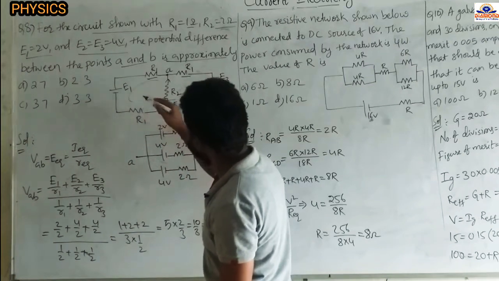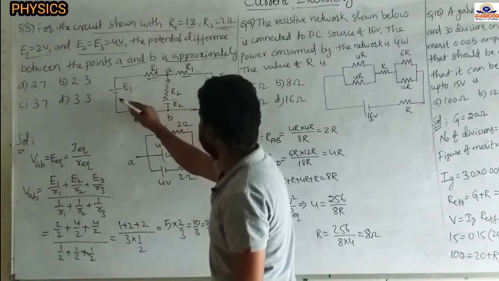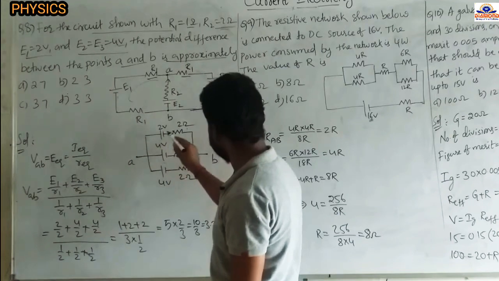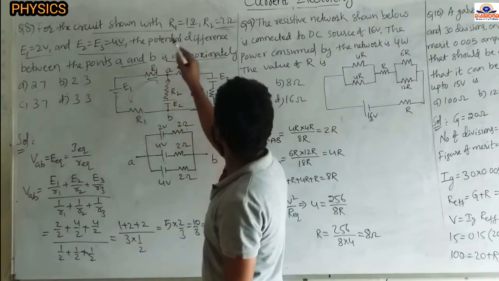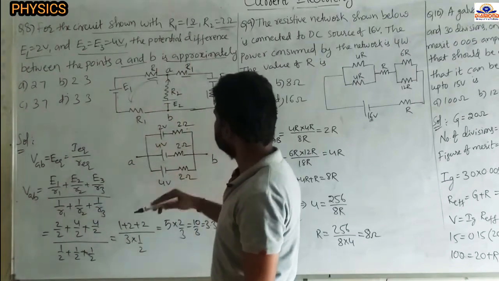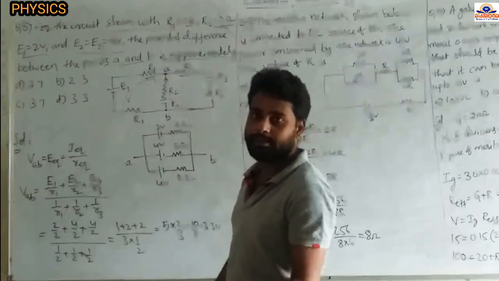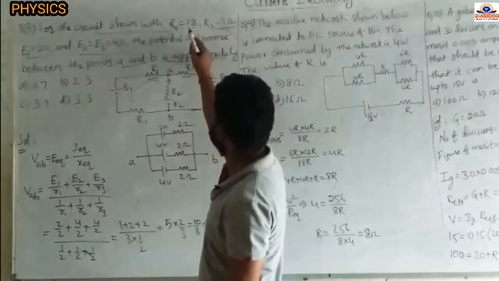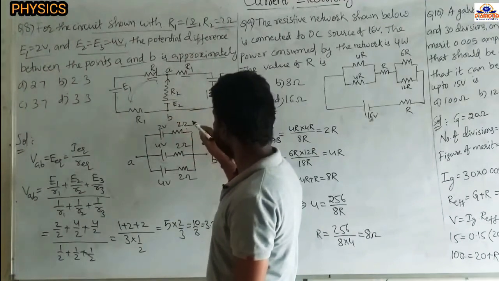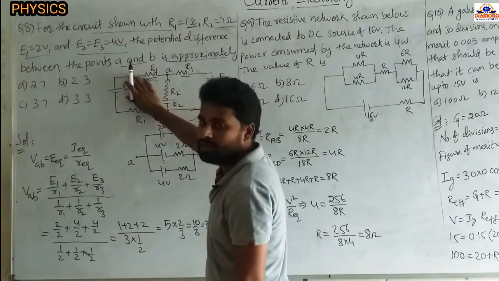And come to see this one. Positive connected to A, negative connected to B. And E1 equal to how much? 2 volts. So 2 volt. And the rest, R1 both are in the series combination. R1 value is 1 ohm. 1 plus 1, 2 ohms. Okay, now this part completed.